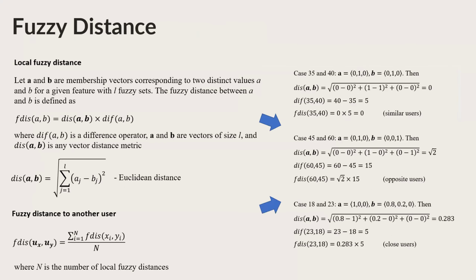Now let's explore how fuzzy distance metrics enhance the similarity computation process in recommendation systems. Traditional distance metrics struggle to compare user models with diverse and imprecise features. Fuzzy distance metrics address this challenge by considering the partial degree of membership in fuzzy sets. The fuzzy distance between two user models is calculated based on their membership values across different fuzzy sets.